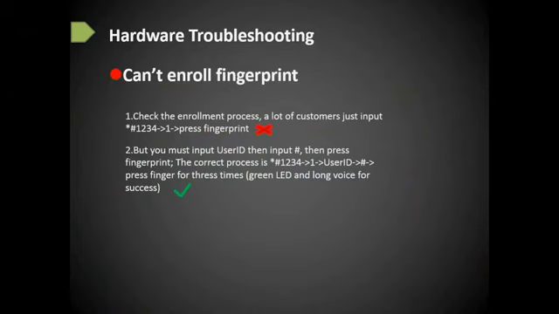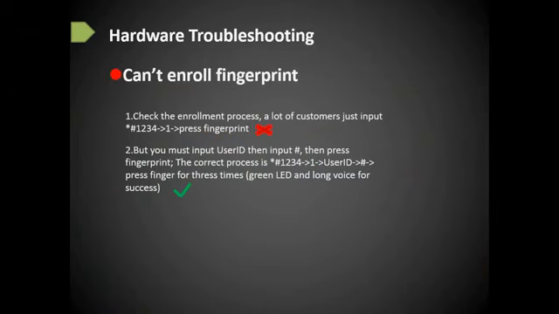They give me the reason: they can't enroll the fingerprint, and they don't want to check the user manual. They don't want to see the specification of the MA500. They just do it themselves, just like when you receive your smartphone, you will not check the specification, right? Okay, if you encounter these problems,